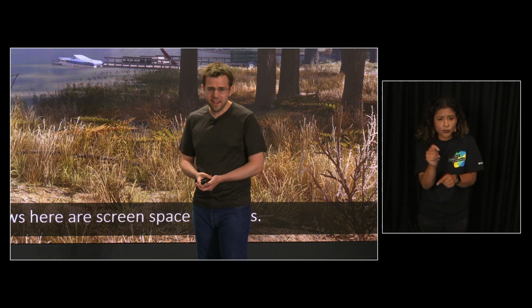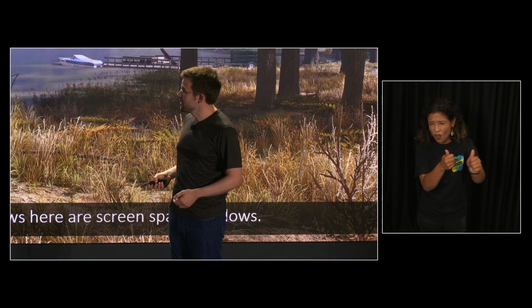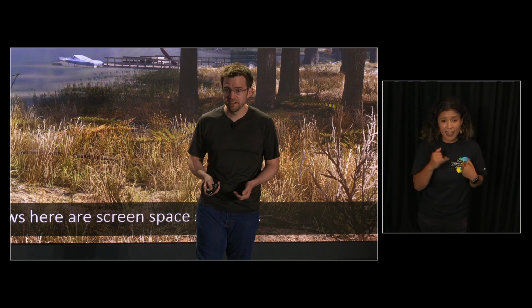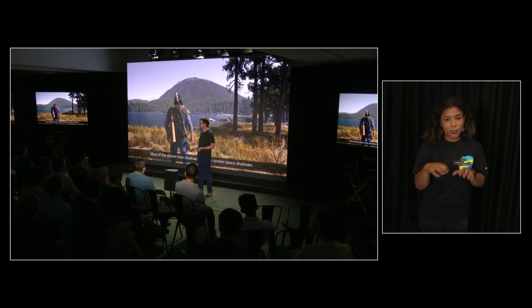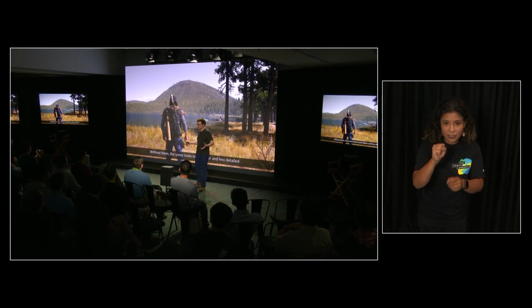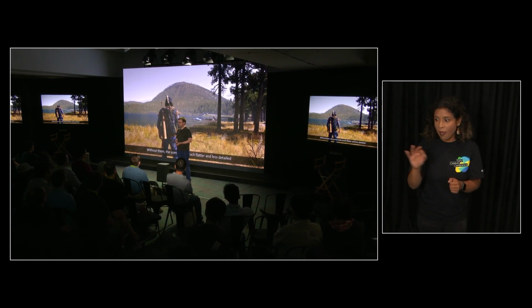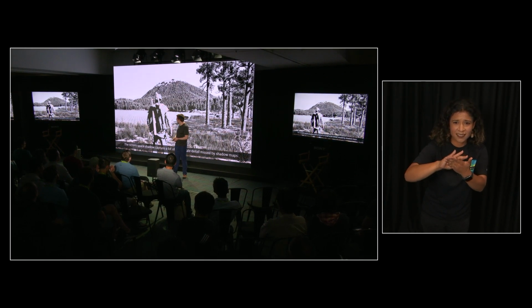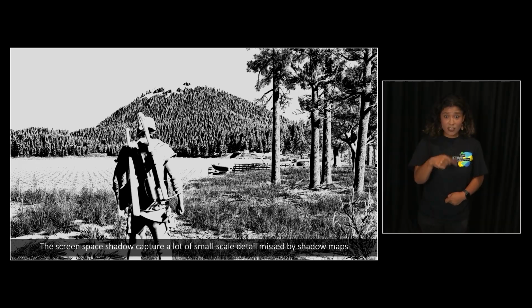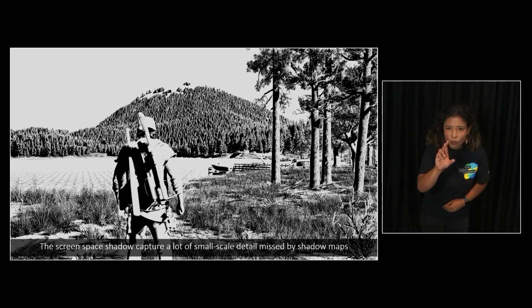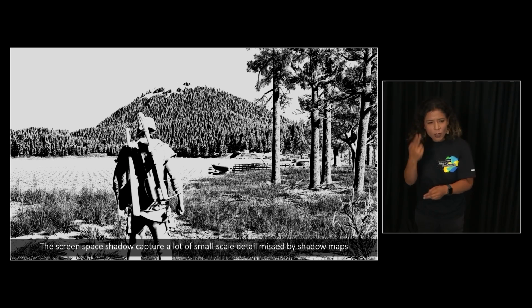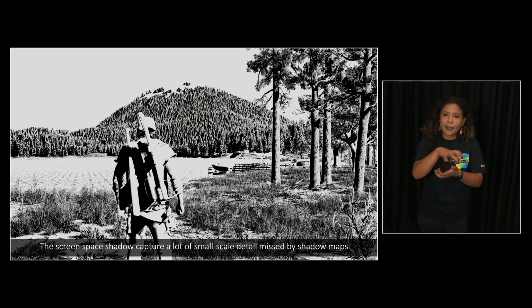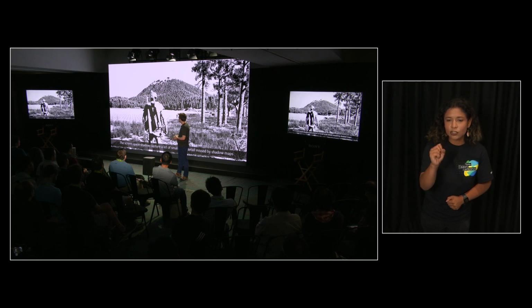So what actually happens in this shot, almost all the shadowing of the trees beyond the lake is done entirely in screen space. And I can prove this by turning them off. As you can see, things are quite a lot worse. It looks a lot flatter and a lot less detailed. And to prove it, this is what the buffer looks like. This is just the screen space shadowing term. As you can see, there's an awful lot of micro detail captured here, but there isn't the macro detail. It's just micro detail, which is why these are a very useful tool to combine with existing shadows, such as shadow maps. So the small scale detail is captured very well.